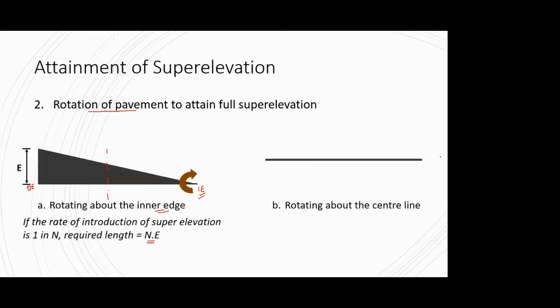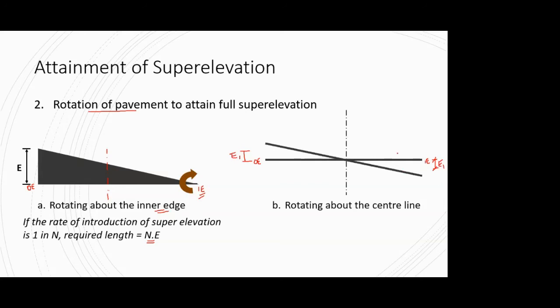So again, I consider a level road at a straight section, and this is the center line of that road. This is the inner edge and this is the outer edge. Now I'm going to rotate this pavement like this. The amount by which I am rotating is such that the outer edge is lifted by some amount, suppose again E1. Simultaneously, at the same moment, the inner edge will be lowered by the same amount E1. In that way, we are rotating our pavement.